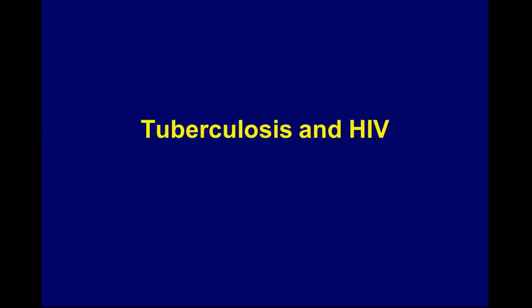Okay? So I do have to talk about TB and HIV because of the special relationship that TB has with HIV. These are the only 2 infections that independently of each other accelerate the progression of each other. So what do I mean by that? If someone has latent tuberculosis and they acquire HIV, HIV will wake up their sleeping tuberculosis and make it replicate, and vice versa. If someone is well controlled on their HIV therapy, has high CD4 count, undetectable viral load, and